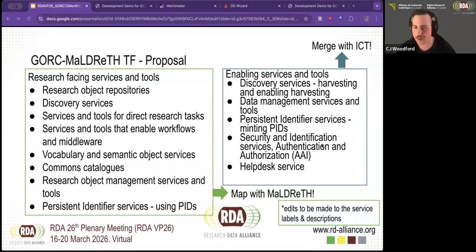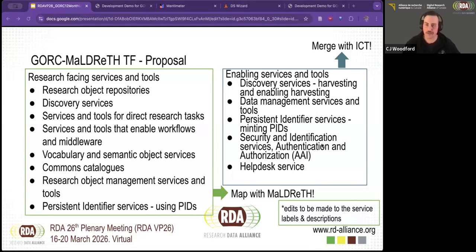Storage and compute services are provided to researchers, both have strong user and enabling components, like lab notebooks and whatnot. Yeah, so electronic lab notebooks is, Roy, this might not be a fair thing to say, Chris, this might not be a fair thing to say. I feel like it's a large part of Maldreth. And maybe that's just because there were so many examples of different electronic lab notebooks that are in Maldreth.